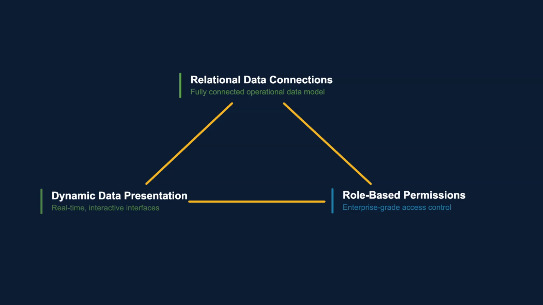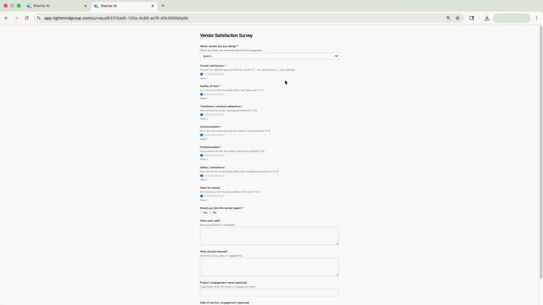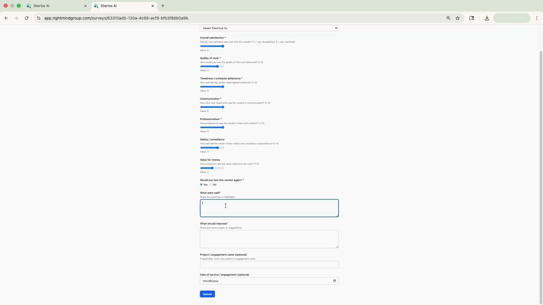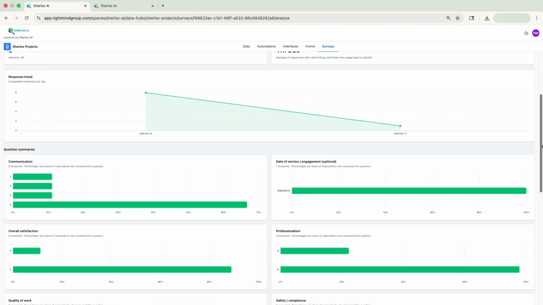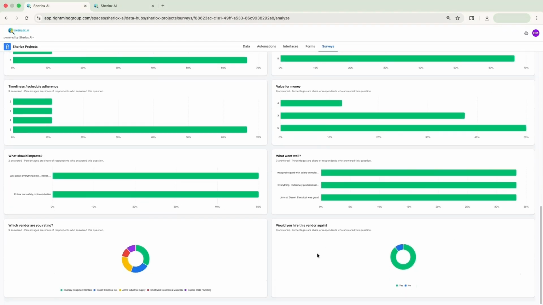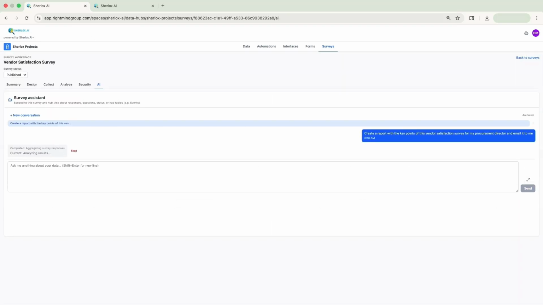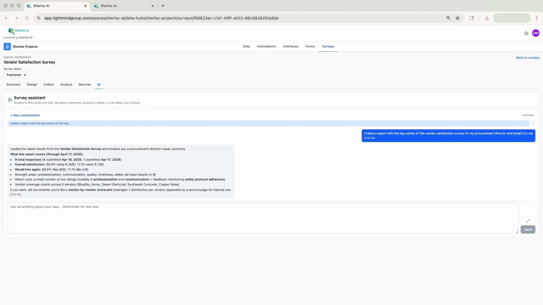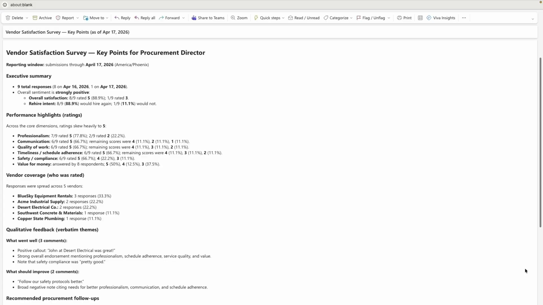And getting data in is just as seamless as presenting it. That's where Sherlox surveys come in. Here's a real example showing a survey to collect vendor performance feedback from stakeholders. Rather than chasing down responses over email and manually compiling the results, responses flow directly into Sherlox for analysis. And if you're not satisfied with the analysis presented, dig deeper with AI. So when it's time to evaluate a vendor for your next project, that structured performance data is already there, ready